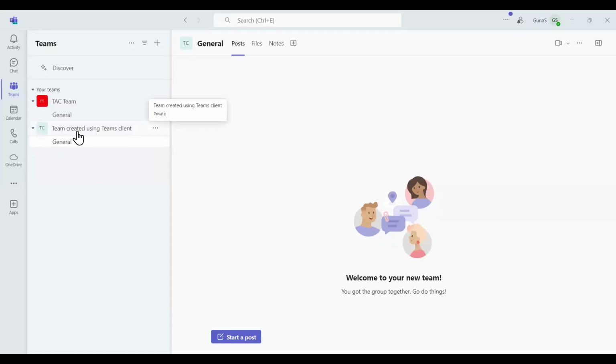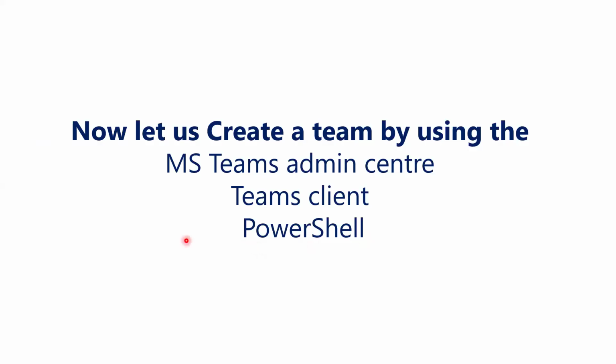See, this is the team. This is the first team which used Teams Admin Center to create this team. This team is created by using Teams client. What is next? Next, we are going to create a team using PowerShell. Yes. For that,